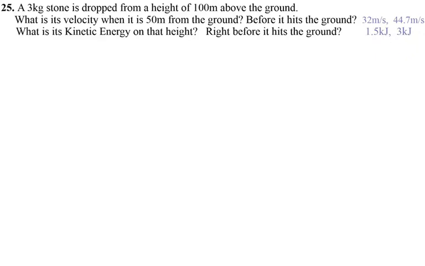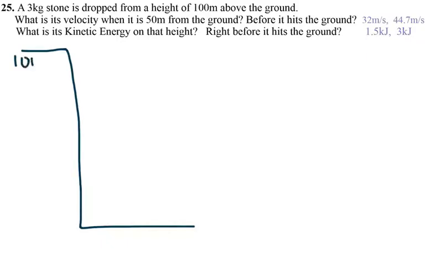Number 25. A 3 kilogram stone is dropped from a height of 100 meters above the ground. What is its velocity when it is 50 meters above the ground, before it hits the ground, and what is the kinetic energy at that height, right before it hits the ground? So what I have is the problem. It is 100 meters above the ground, and it is a 3 kilogram stone. So I'm going to write right here 3 kilogram